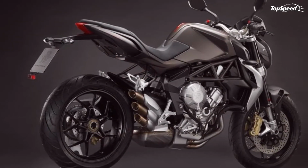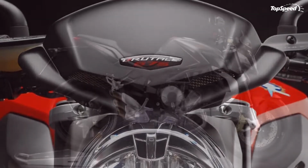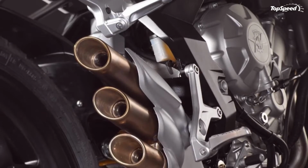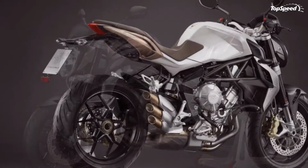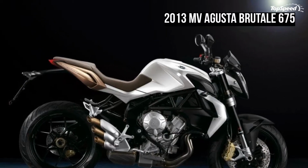The most advanced electronic engine control system ever seen on a middleweight naked has been designed specifically for this extraordinary new 3-cylinder. A system of fuel injection that is extremely sophisticated with a 47 mm throttle body for perfect combustion at all RPMs. The MV ICS system that allows the engine to unleash a record level of power and control